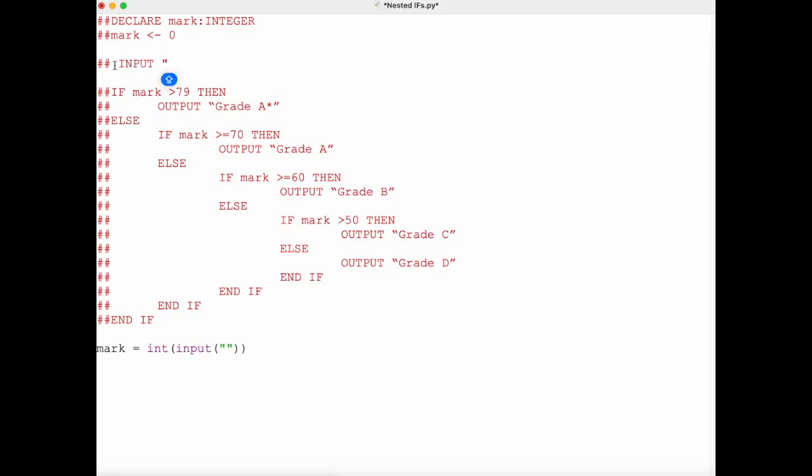Okay, so input, and please enter a mark. And this is going to be stored where? In the variable called mark, okay? So now let's match this line in Python. So please enter a mark. Now, we say if our mark is greater than 79, oh sorry, greater or equal to 79, then we are